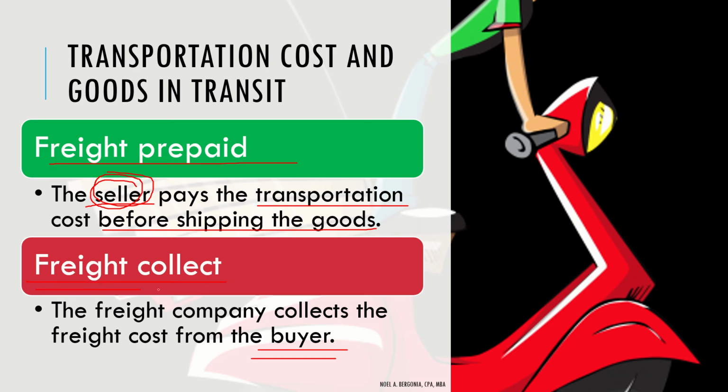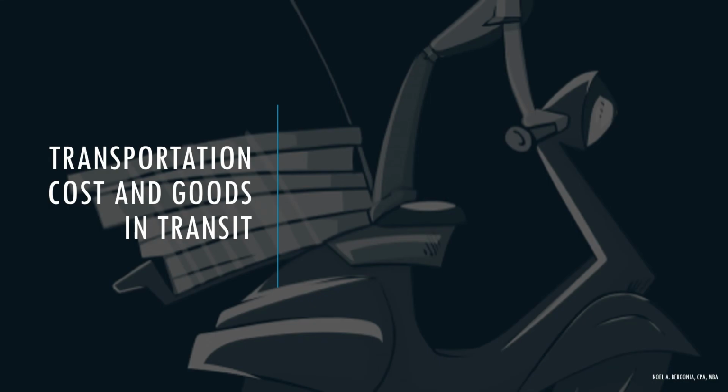Okay? So, sir, bakit ba natin inintindi itong freight prepaid at saka freight collect na to? Gusto ko lang nabigyan ng emphasis, uulitin ko lang na pag freight prepaid, si seller muna yung nagbabayad. Si freight collect, ang nagbabayad po ng transportation, si buyer. Okay. The next question kasi, okay, next slide na po ako ha, is paano kapag nag-combine yung FOB shipping point at saka FOB destination or even the freight prepaid and freight collect in one shipping terms. So paano po kaya yung mangyayari?